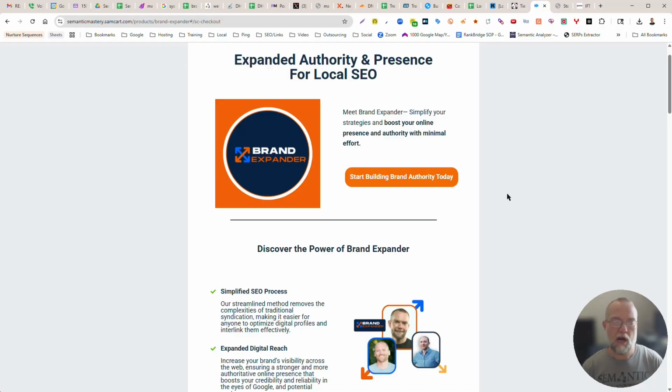the brand, interlink with other branded assets when possible, and then every single time you would create a new profile, you'd get the URL, and then you would add that to, like, the sameAs attributes of the local business schema. You would insert it into the ID page, and then you could also build links to it. You could also link to it with Google Business Posts, again, just to help force Google to recognize that the brand had a presence on these other platforms, right? So it's like spoon feeding the data back to Google to make sure that it was aware of that data.